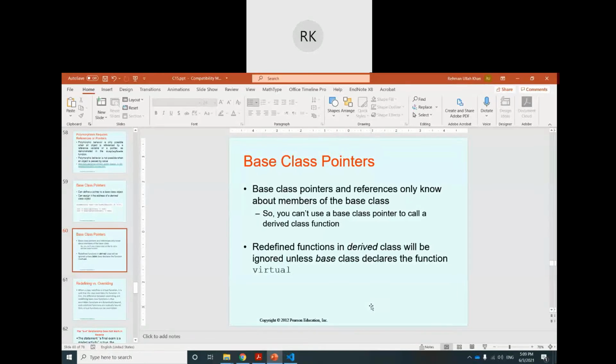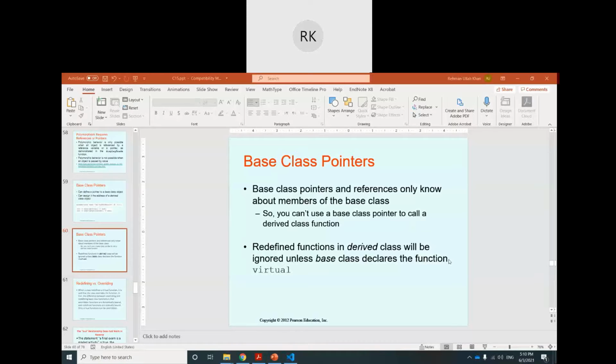We will continue the discussion of polymorphism, and we will study something new also. If you remember, we studied in the last class that polymorphism has two requirements. One is a virtual member function in a base class and derived class, so there must be a virtual function.